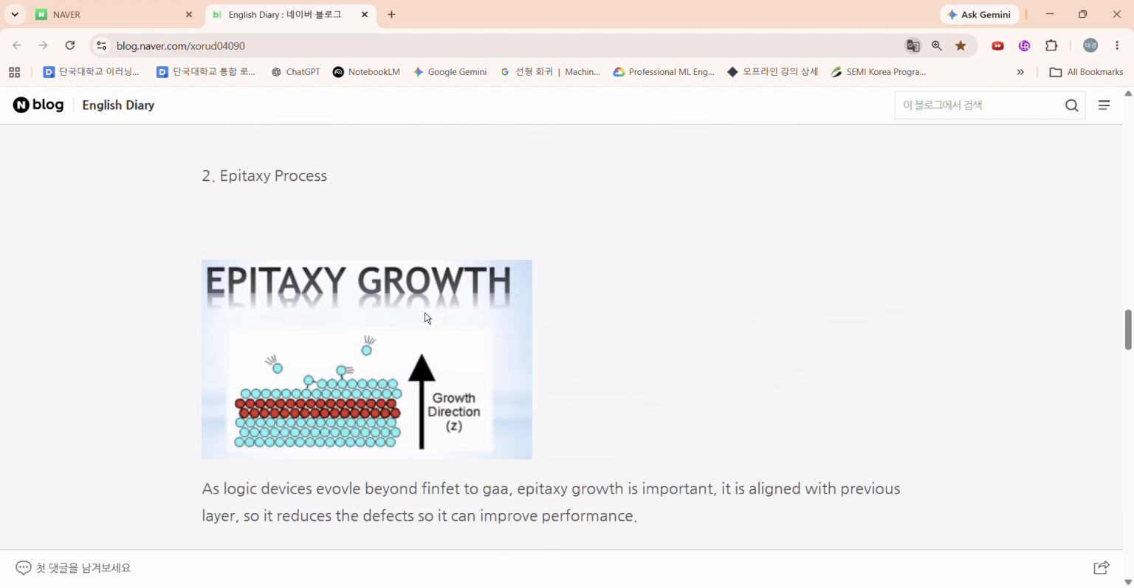First, the epitaxy process is depositing one more layer with the identical form of the lower layer. Suppose the red color is deposited in one material, and the blue circle is an atom, and we want to deposit this atom